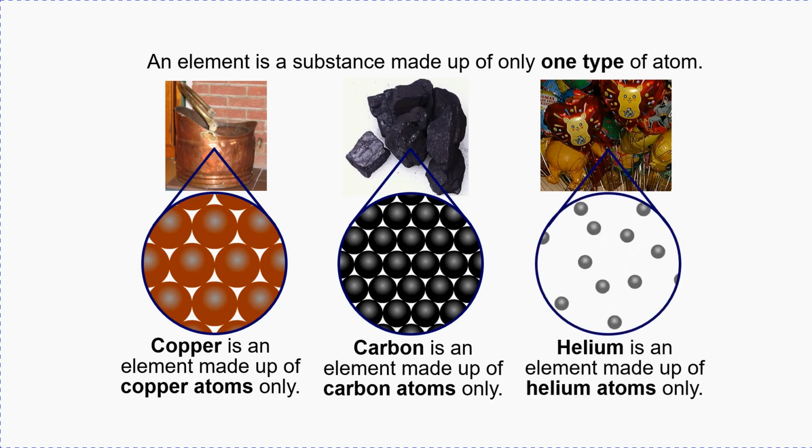Now what you'll notice in the circles is that the copper and the carbon are both solids because they have that arrangement where they're in neat rows, they're all touching, they're all stood really, really close like soldiers, okay. The helium particles are spread more far apart because helium is a gas, okay. So that's another thing that we need to remember, another bit of a recap.